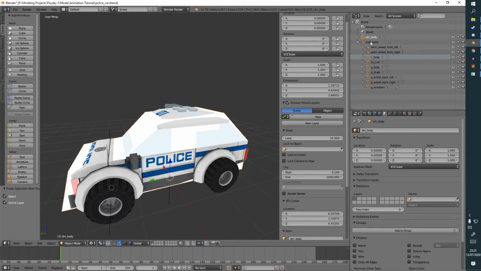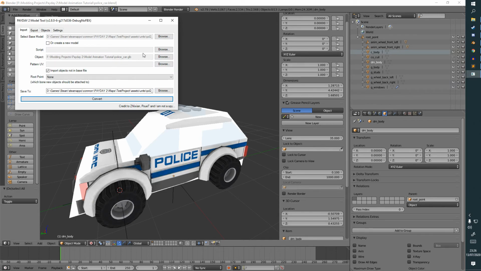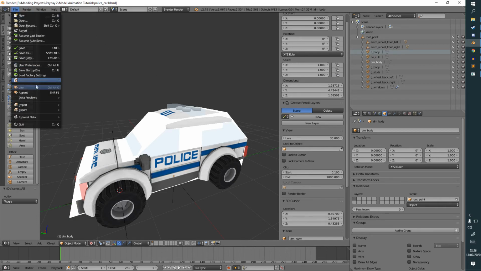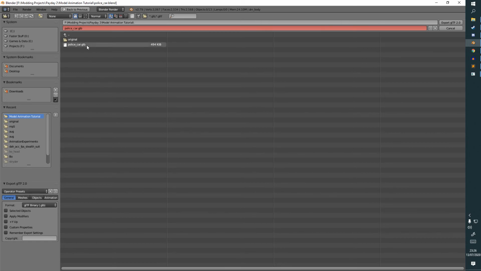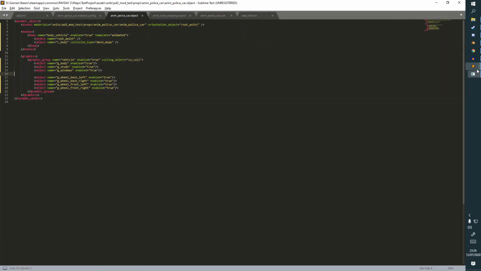Typically you'll want separate damage objects for separate materials, such as windows or wood, other materials, so that you can actually set them to use correct decals. But for the purposes of this, I'm just going to have one damage object for the entire model. So we can go ahead, parent that once again. Go back into the model tool. I've still got it set up, so we could just click convert. Oh, apologies, I haven't exported it. Remember to export it. Once again, correct settings. Export it. Go to our model tool. Convert. We've done that. And we can go into our object, and I will need to find a reference one,